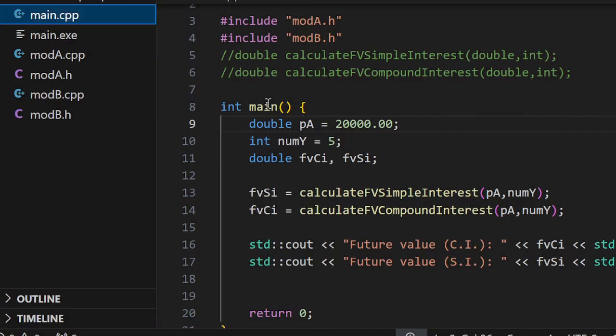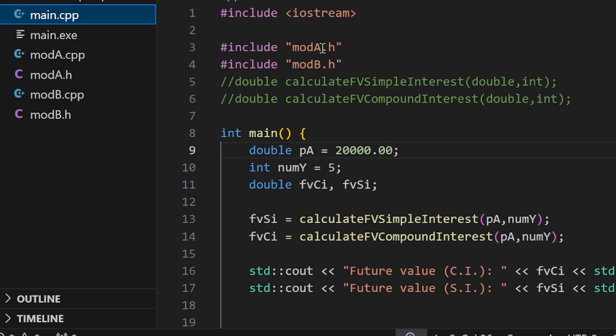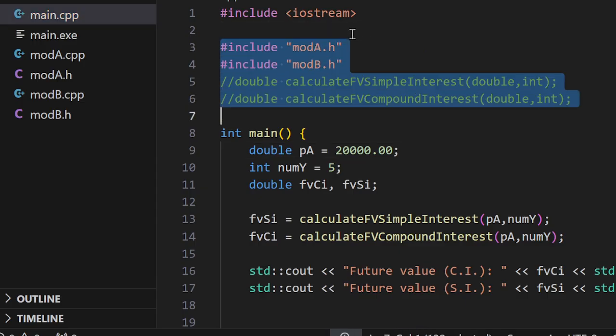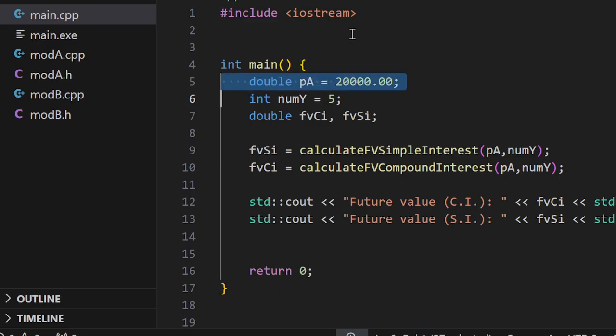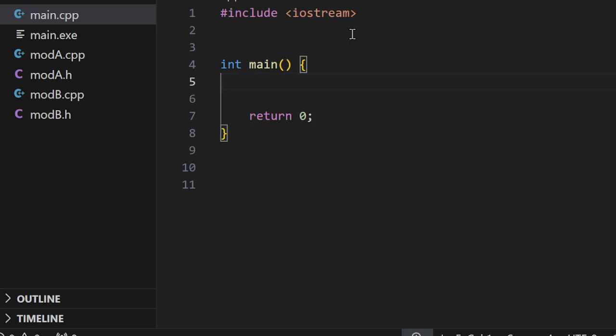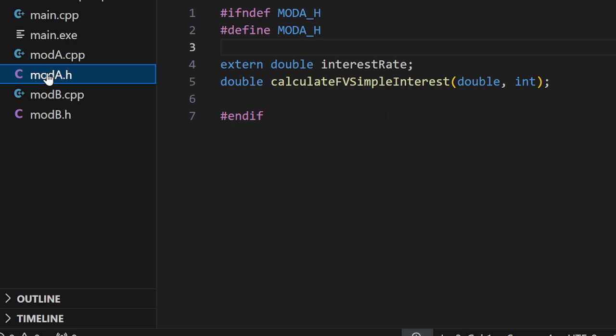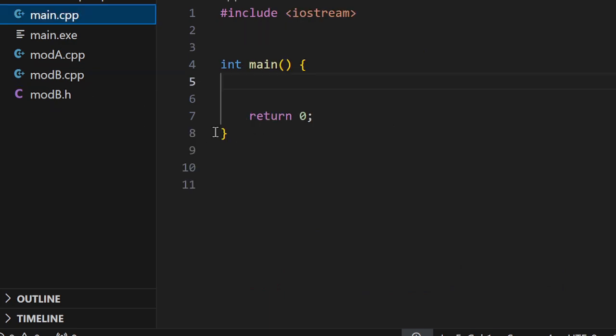Now to do coding for internal linkage, let me do some cleaning up of the code that I did previously. I'm going to remove everything here. Remove this thing. Actually, I want to change. I will only demonstrate using .cpp files. I'm not going to be using a header file in this. Delete the header file,